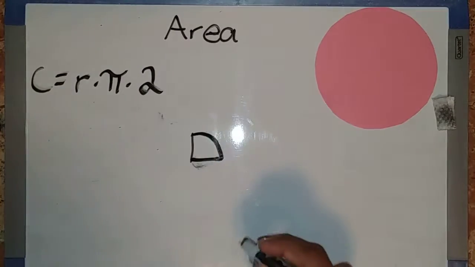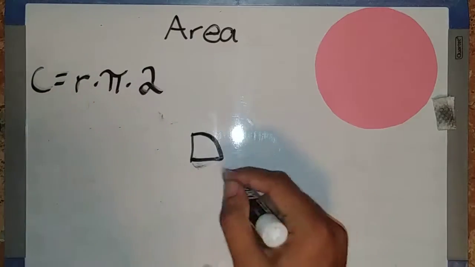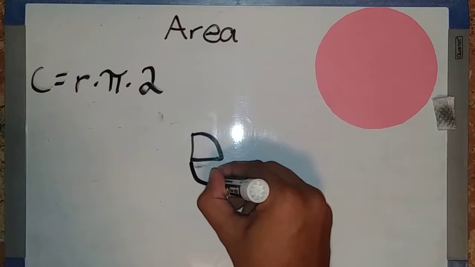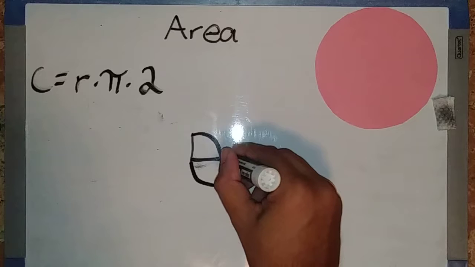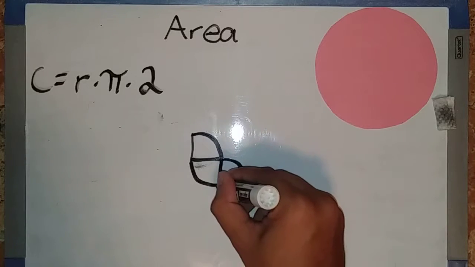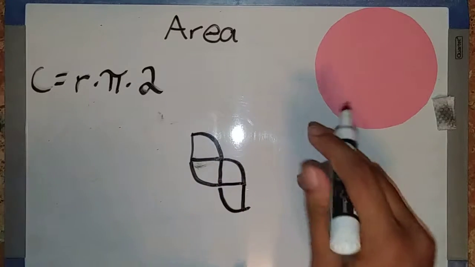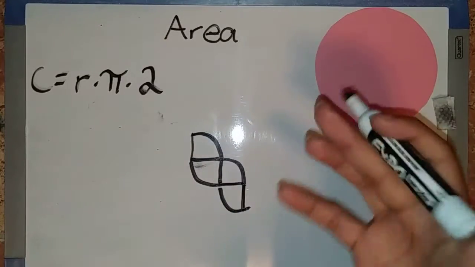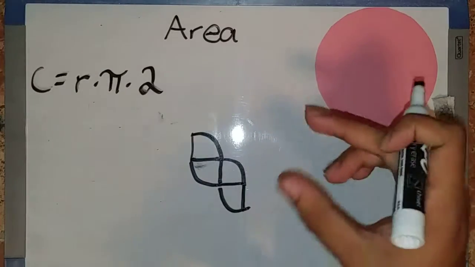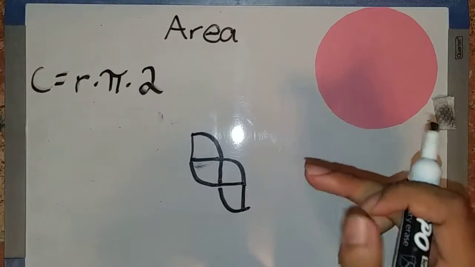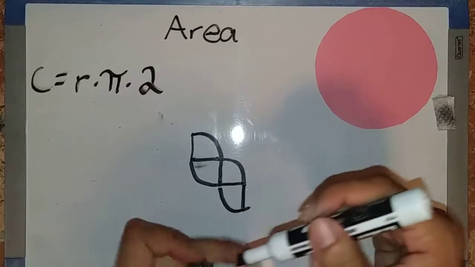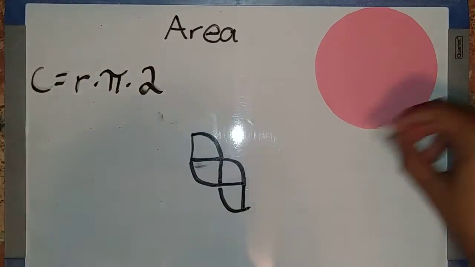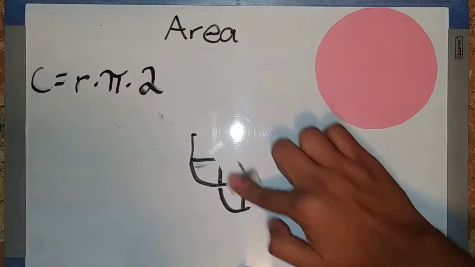A figure like this. This is 1/4 of a circle, and if the students have 4 pieces, you could have them draw something. You could have them make something like this. 1, 2, 3, 4. Now this weird figure might not resemble anything to the students, and this is the point where you ask them if this made it easier for them to find the area. Perhaps they already know it. Most of the time it's not gonna work,